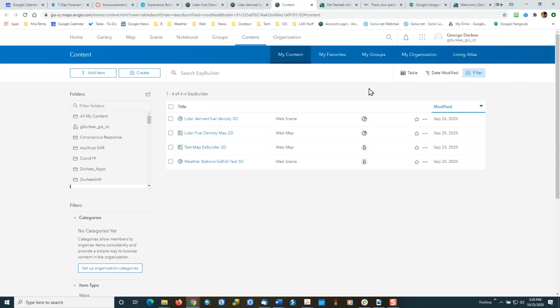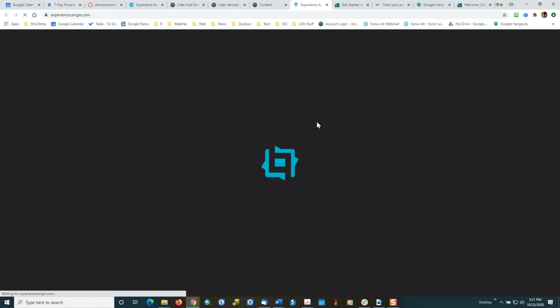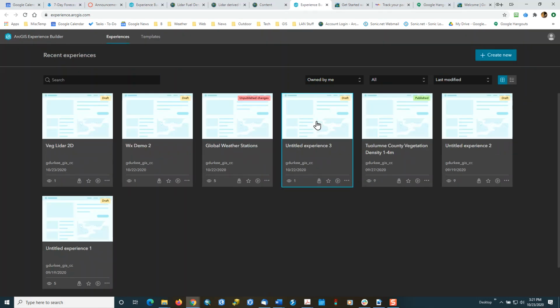So first we want to open Experience Builder, and so in your Columbia College dashboard, either from your contents or really anywhere there, go to these square dots here and hit the drop down and open Experience Builder. And then you'll come to your table of contents, and you guys probably don't have anything there because you haven't done anything yet. So next go to Create New,